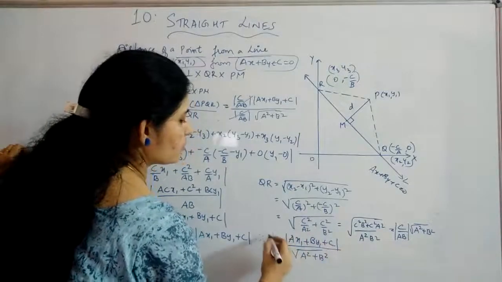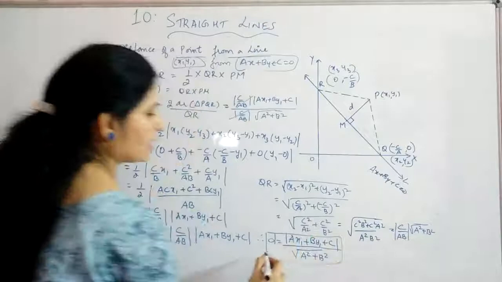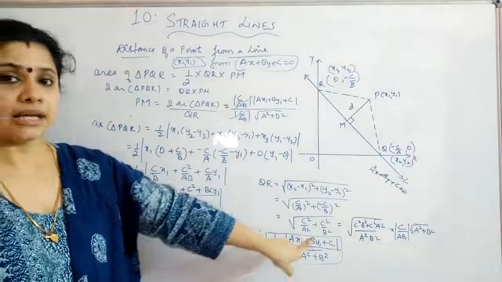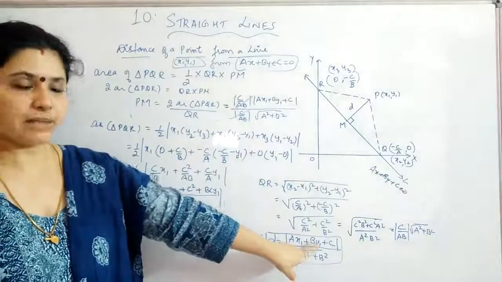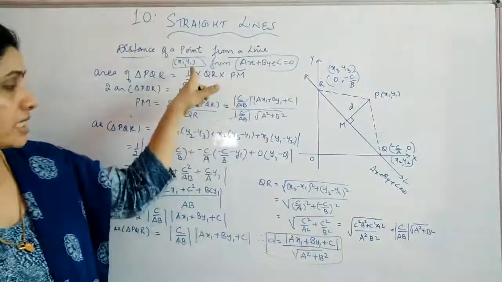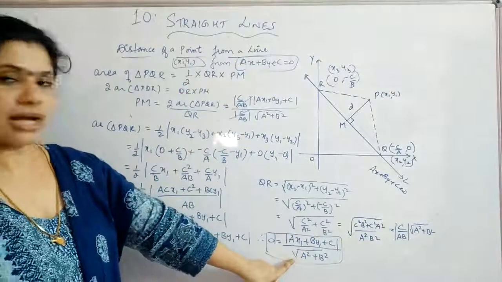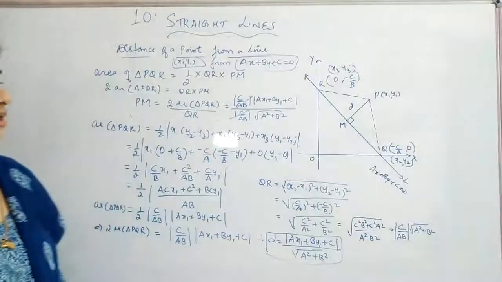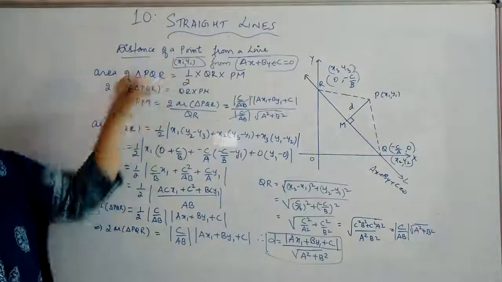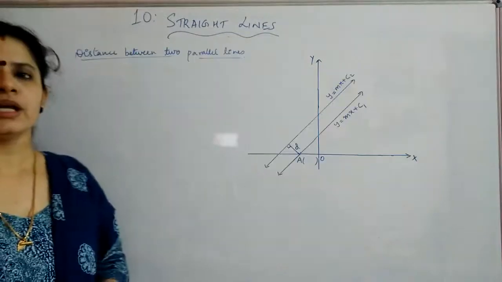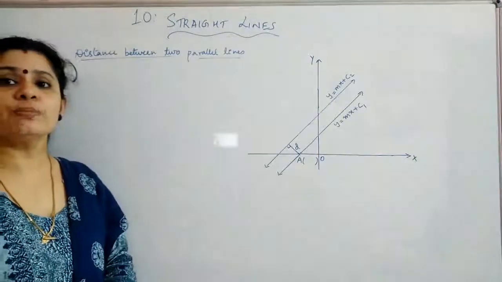So what we have done, that is the lines terms are these AX1. We are just replacing the line with the point x1, y1. That means instead of x and y, it will be replaced with x1 and y1. That is the point given. And in the denominator, you have root of the coefficient of x square plus coefficient of y square. So this is the distance from the point x1, y1 to the line AX plus BY plus C equal to 0. Next topic is distance between 2 parallel lines.